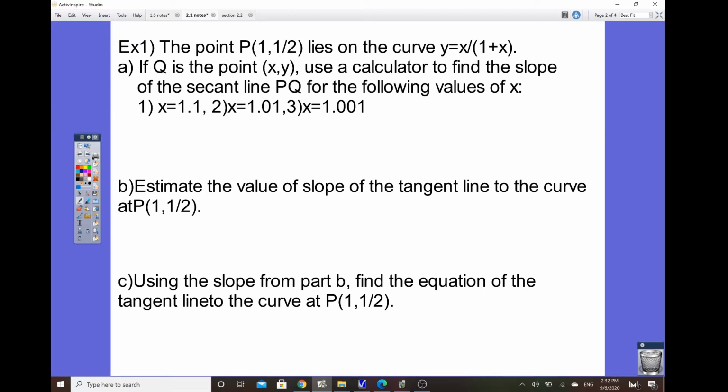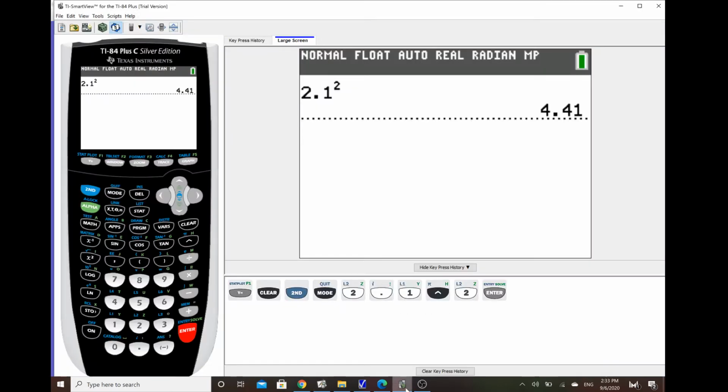We do know that point Q is a point on the curve, so use a calculator to find the slope of the secant line PQ for the following values. Just find the slope at each position: 1.1, 1.01, and 1.001. As you can see, this is just getting the approximation of the slope at 1. First thing you want to do is put in the rational function, x over 1